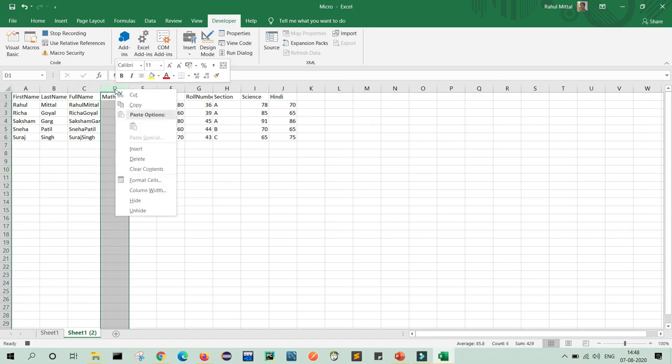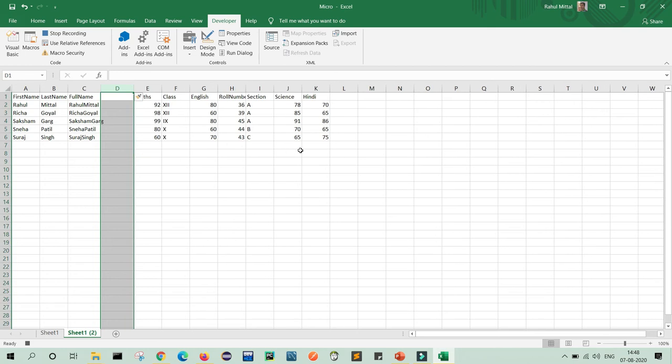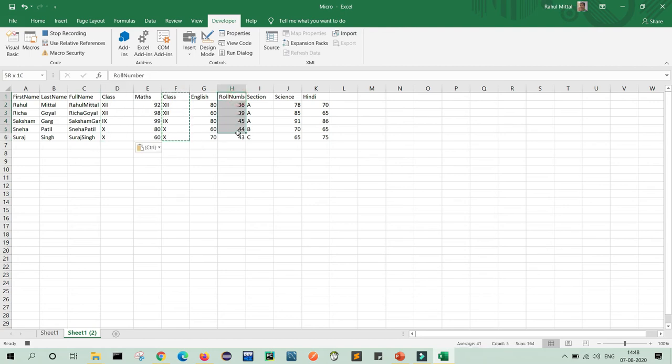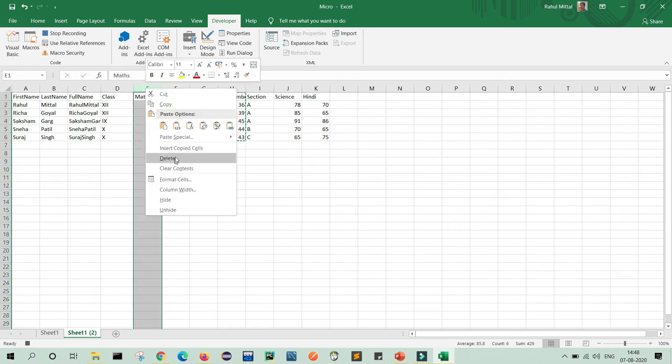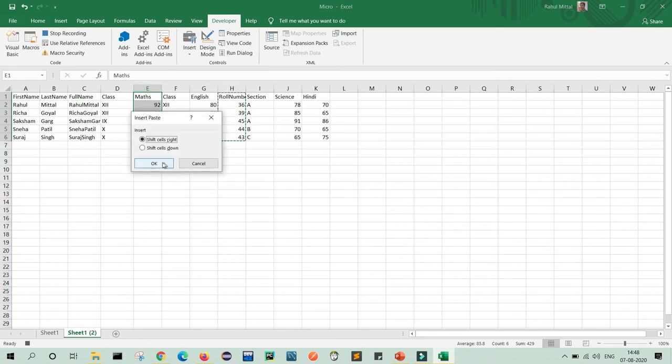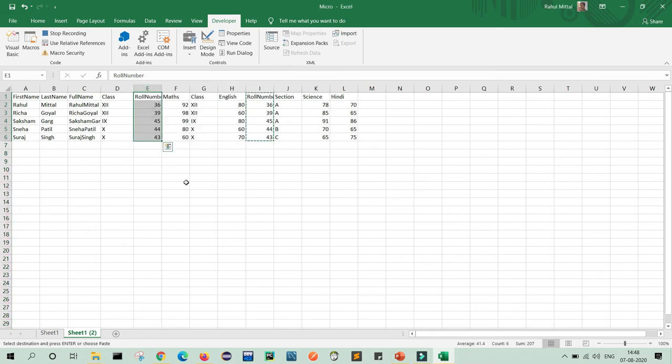Here I will give one more column, and that is class. So I will just copy all the things and paste here. Similarly, I will use roll number here after class. So here I will insert one more column. It's class roll number.